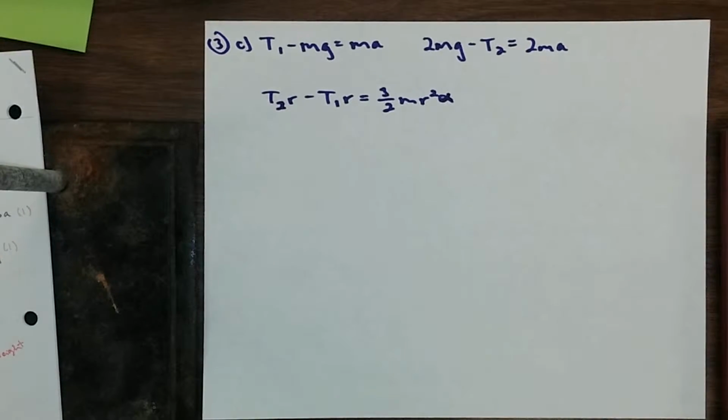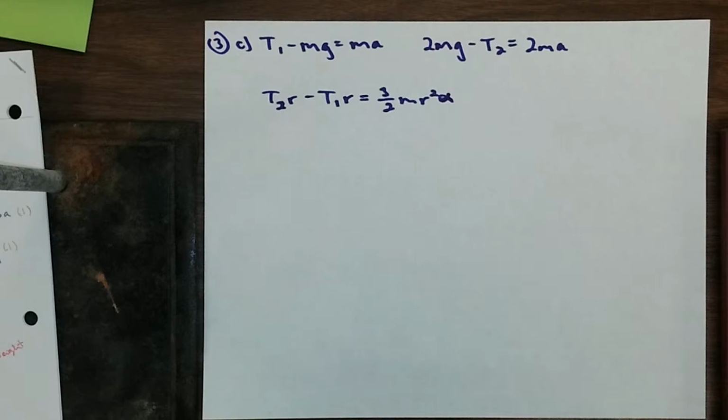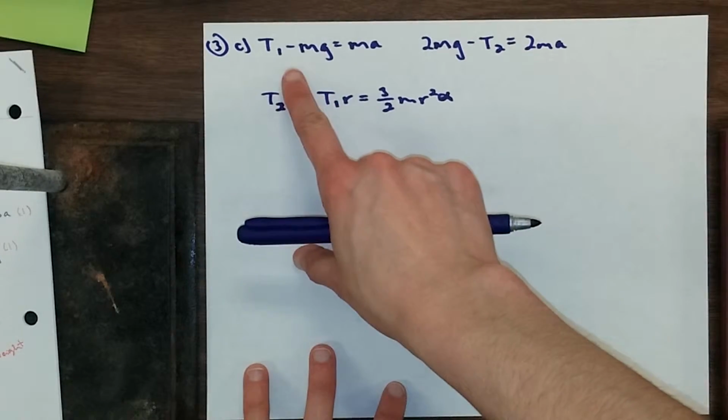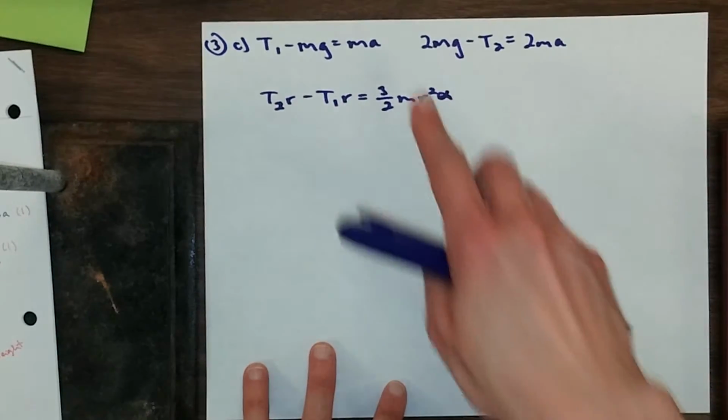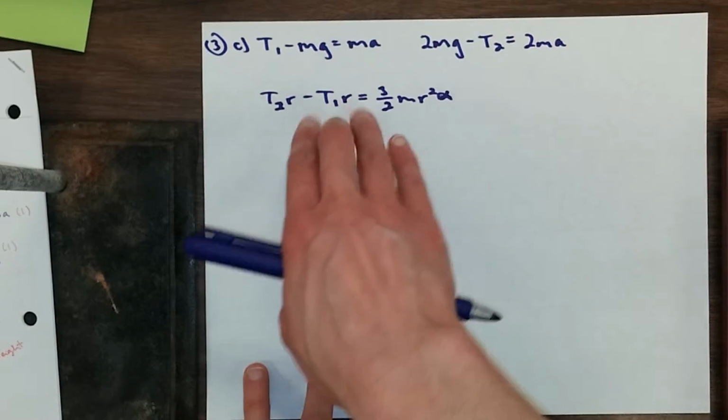Number 3, part C. I went ahead and just rewrote my equations from number 3, part B, and then it says to just use these to find the acceleration of the two blocks. So we're just trying to solve for A. So what I am going to do is take each of these equations for each of the blocks and solve for T1 and T2